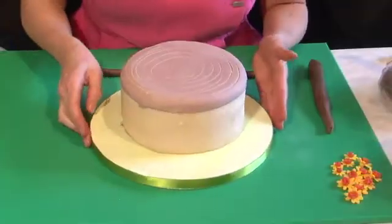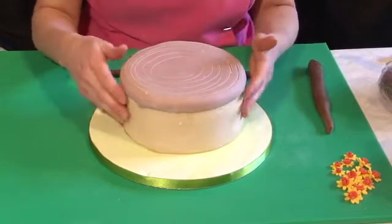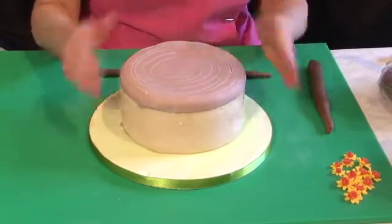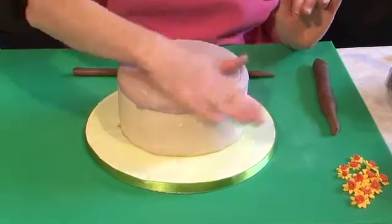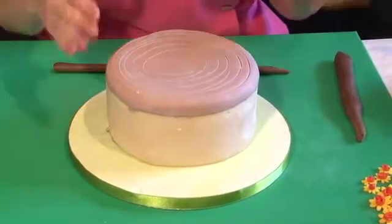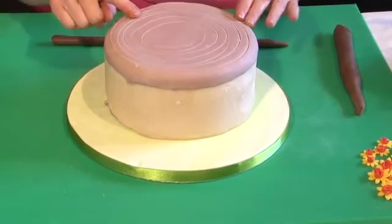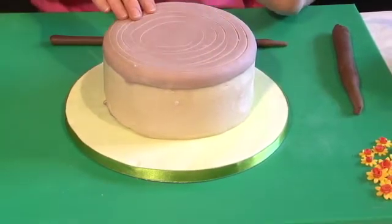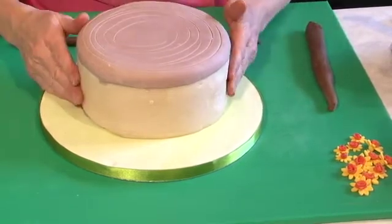To make this woodland Easter scene, I've used a 7-inch round cake. I've used a fruit cake, like a Simnel cake, an Easter cake, and I've covered it all over in marzipan. Then I've covered the top in a pale brown disc, which I've marked with circles. If you wanted to do this cake on a sponge cake instead of a fruit cake, just cover your cake all over in this pale brown colour, and then just mark the top with the circles just as I've done. And I put it onto a board,